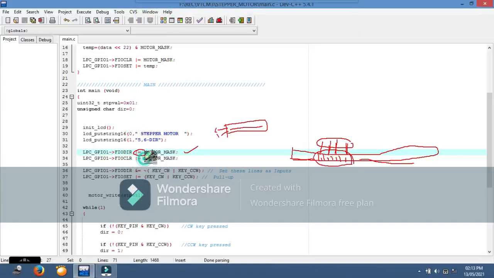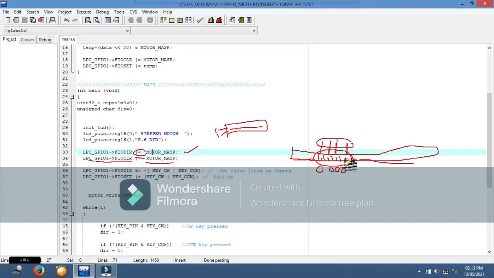Okay, so after that what we are doing, we are using the FIOCLR function with the motor mask values. What is the motor mask value? Motor mask value is bit number 23, 24, 25. It will find in this register wherever 1s are there, and those will be made 0 in the register.